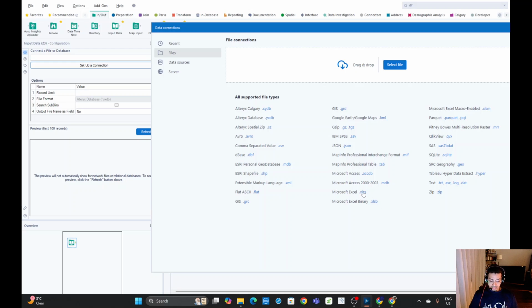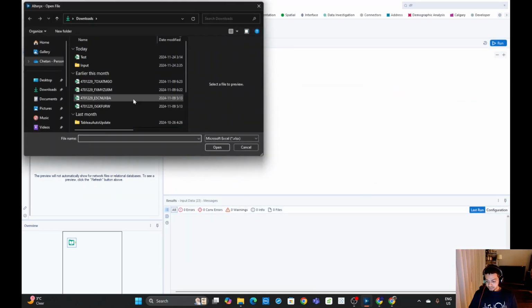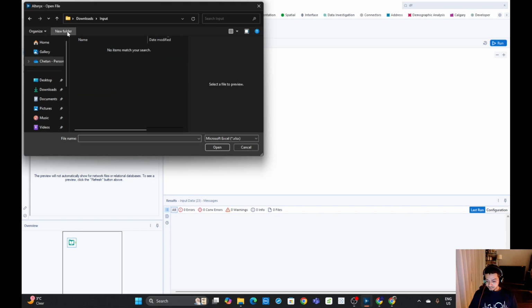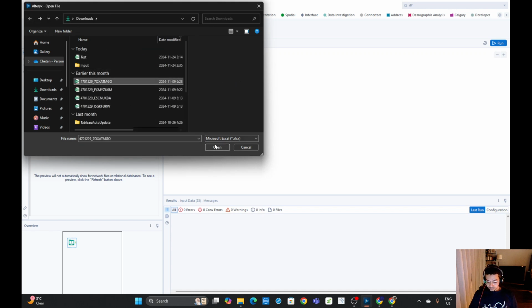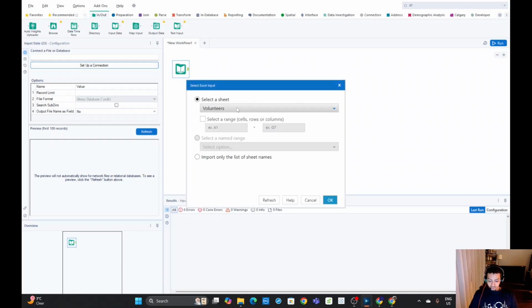Today we are going to select the Excel file. So let's click on Excel file and select one of the Excel files. If you select an Excel file, you get an option to select sheets. Excel has an option to add multiple tabs, right? You can select the sheets from here. But if it is a CSV file, it will not allow you; it will just show you one. So if you click OK,